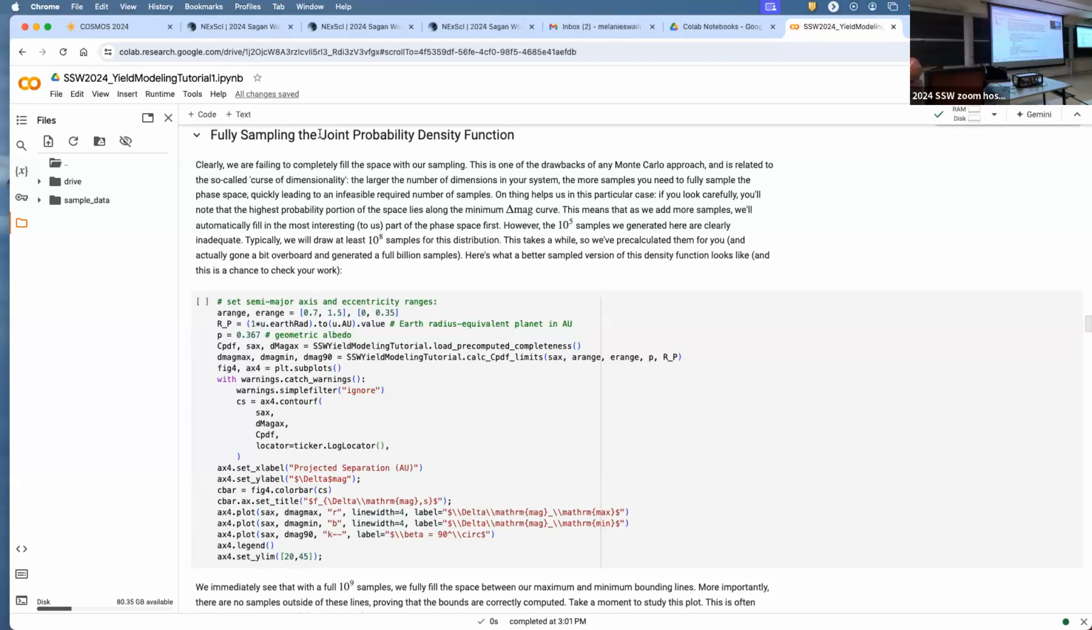So to be able to fill in the spaces, we need a lot more planets. And instead of asking your computer, or whatever computer Colab is running on in the cloud, to calculate those, we have pre-calculated them and offered that data set up for you to load. And so that's what we're going to do in the next cell, is we're going to